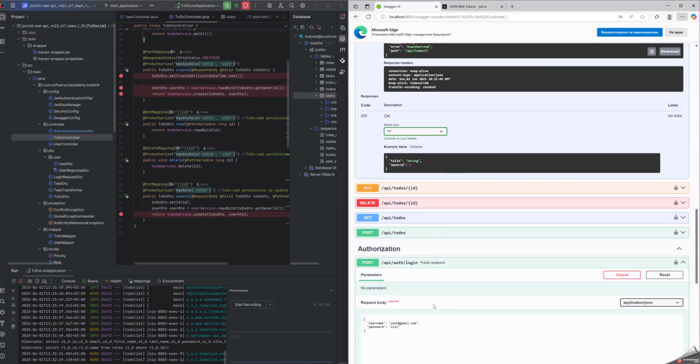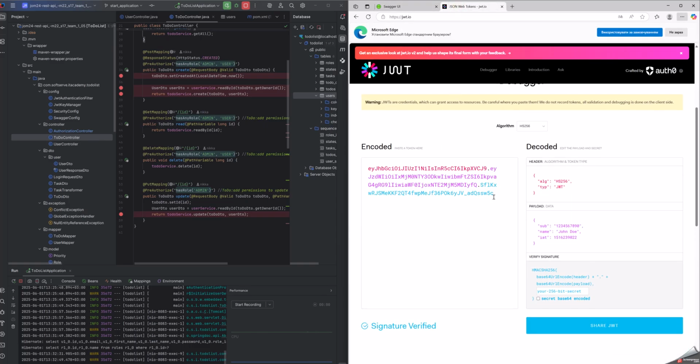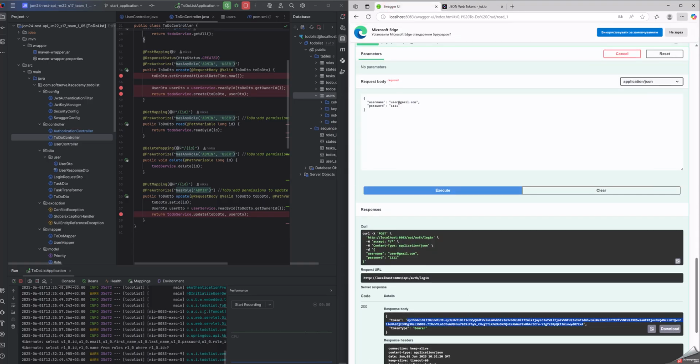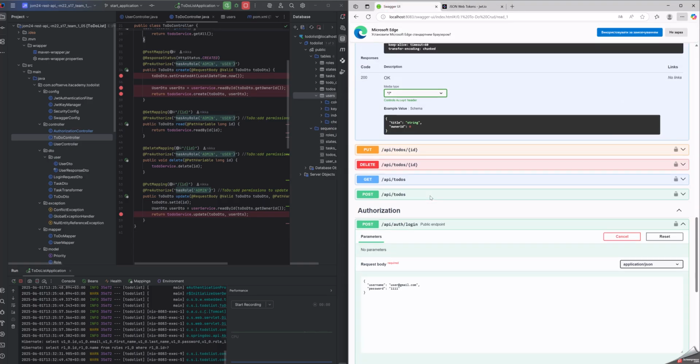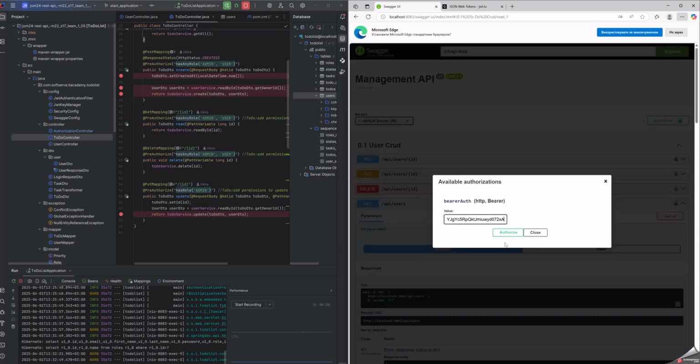So let's take our token. We can see that our token is for user role, so we are logged in, authorized as a user,